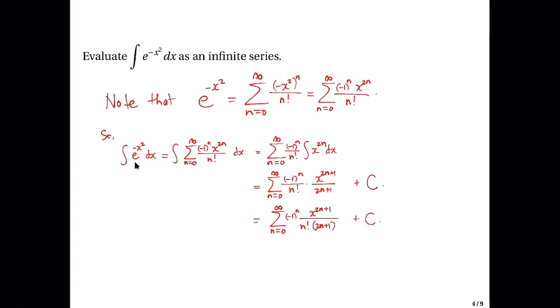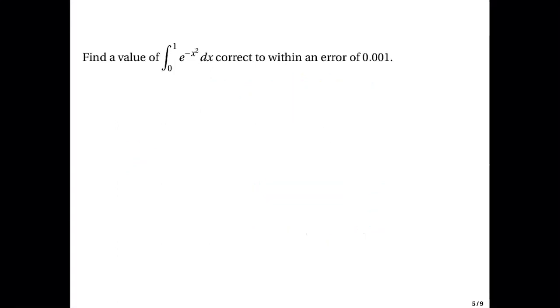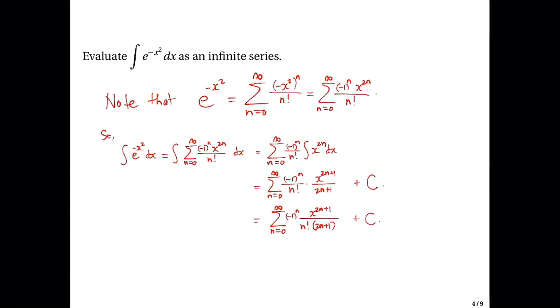So we have this, the indefinite integral, e to the minus x squared dx. And we found that this is the integral, right? And now, on the next page, we want to find the value of the integral from 0 to 1 of e to the minus x squared dx, okay? So we use the indefinite integral on the other side here on this example, and we can now remove this constant. So we just have this guy here,